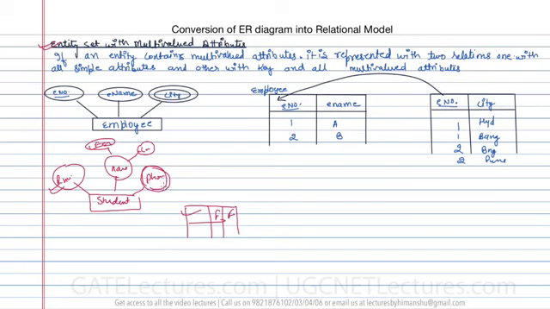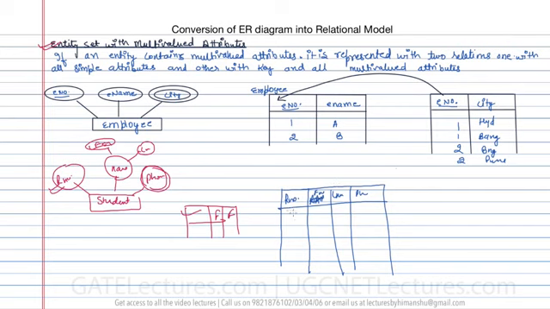And we don't include multiple values because if we include multiple values, then we are going to repeat a lot of values. For example, if I have a student Ram and Ram owns 3 phone numbers, then what can happen? This is roll number, this is first name, this is last name and this is phone number.